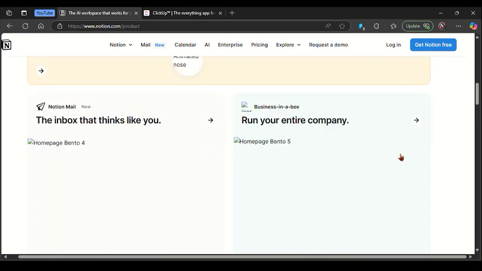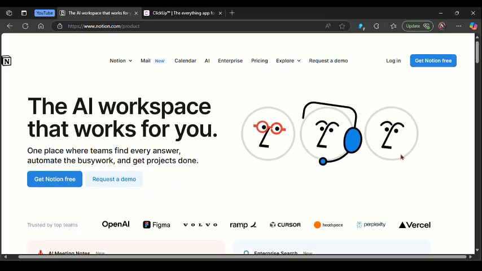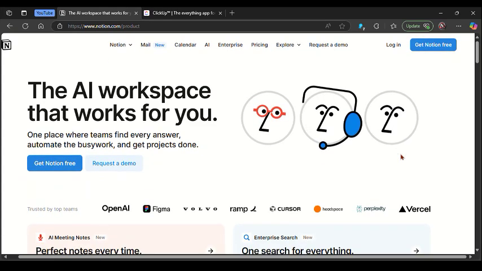In this video, I'm going to create a quick in-depth comparison review of these two AI note-taking platforms, Notion and ClickUp. So to get started with a quick analysis of these two platforms, Notion in 2025 shines